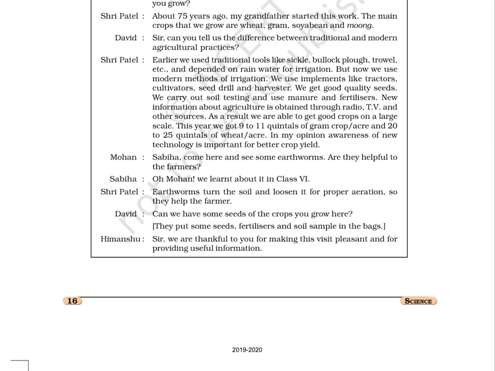Mohan: Sabiha, come here and see some earthworms. Are they helpful to the farmers? Sabiha: Oh Mohan, we learnt about it in class 6. Shri Patel: Earthworms turn the soil and loosen it for proper aeration, so they help the farmer. David: Can we have some seeds of the crops you grow here? They put some seeds, fertilizers and soil sample in the bags. Himanshu: Sir, we are thankful to you for making this visit pleasant and for providing useful information. Chapter 1 ends here. Narrator